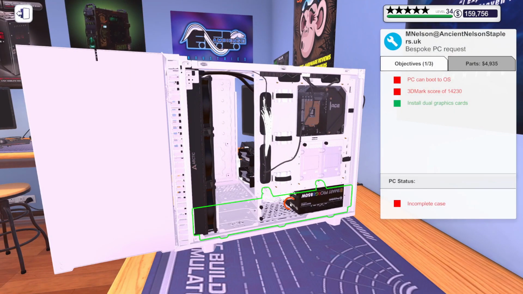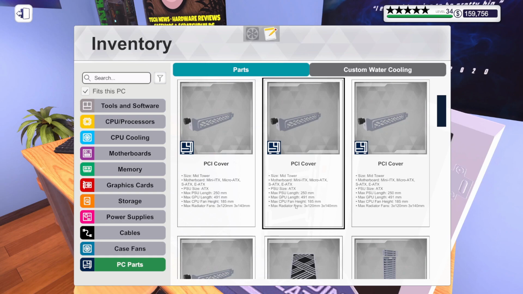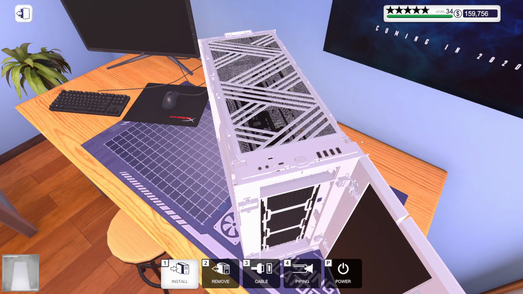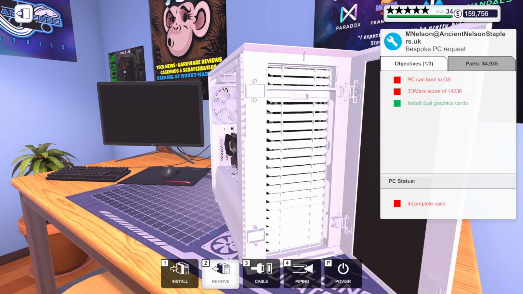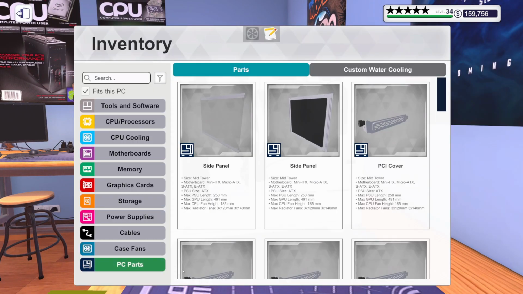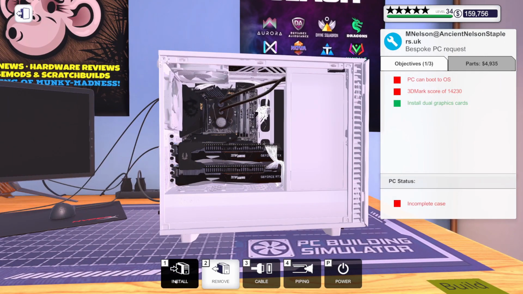We've got this beauty panel that goes over here. Then we've got a dust filter for the top. Also got the top panel. And then we've got a dust filter for the front. Somewhere down here. There it is. And then we can close this little door. Then we can put on this side panel. And we may as well go ahead and put on this side panel,